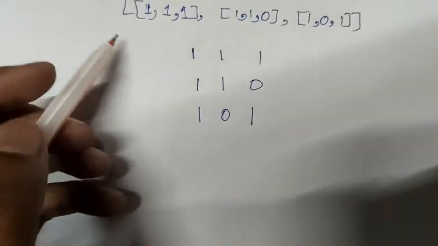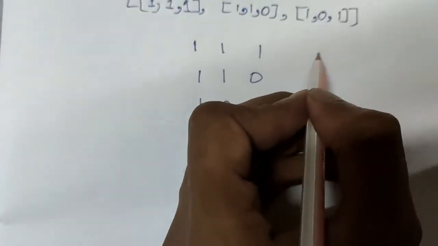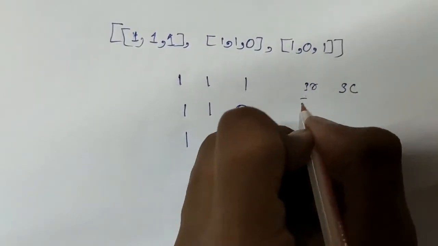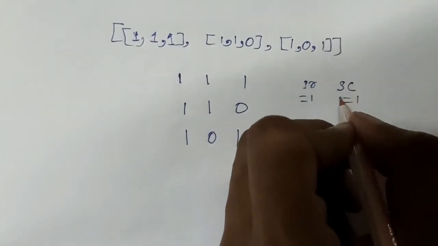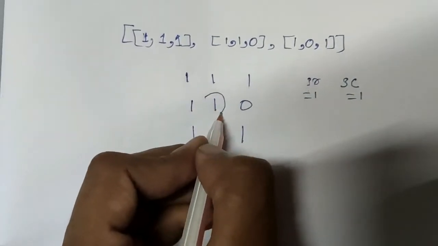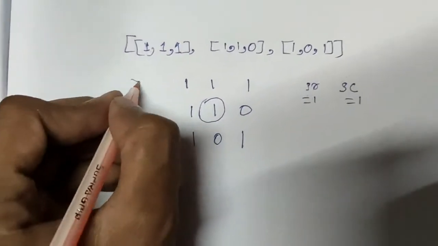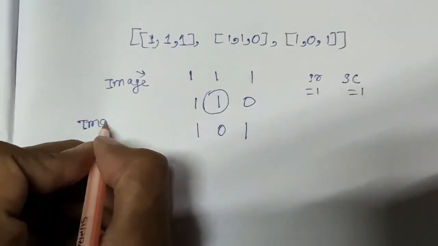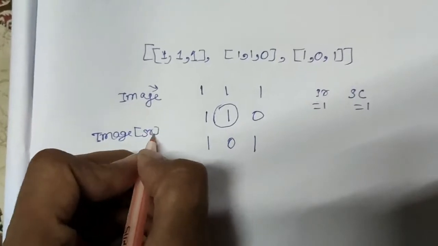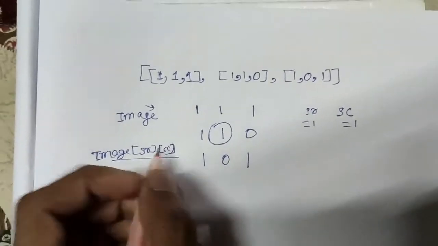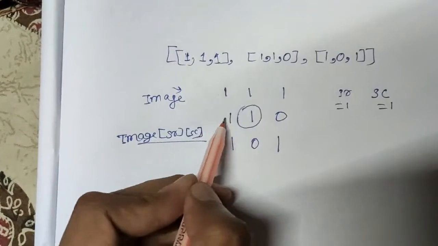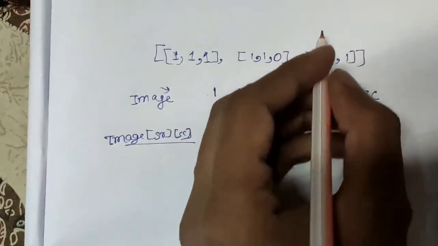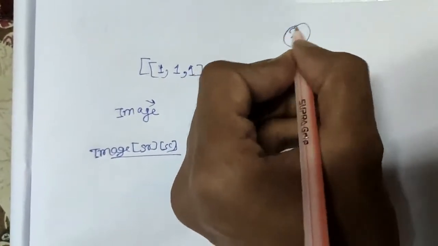What it is telling us is that suppose we have been given one value SR and SC, and initially SR equals 1 and SC equals 1. So what is the color at SR equals 1 and SC equals 1? Means if it is image, then what is the value of image[SR][SC]? So basically at this position the value is this. We have also been given a new color value. Suppose the new color value is 2.